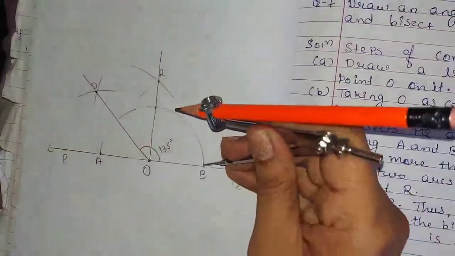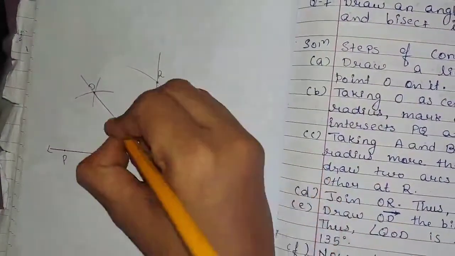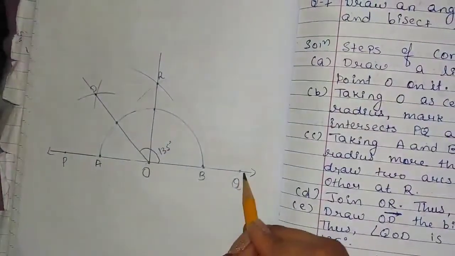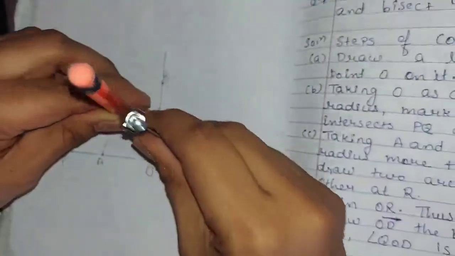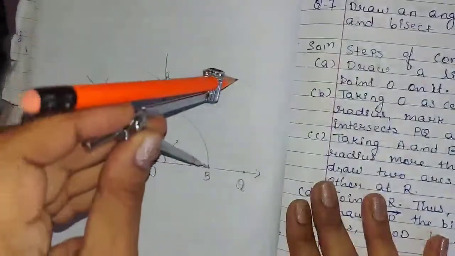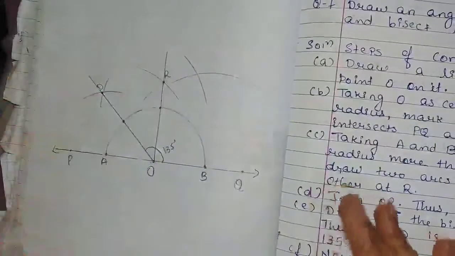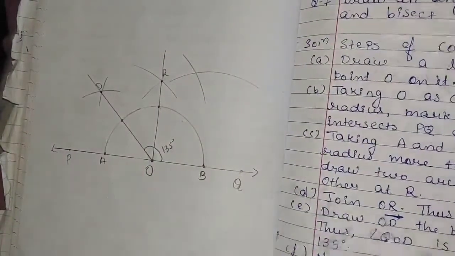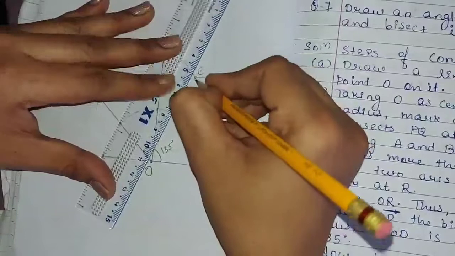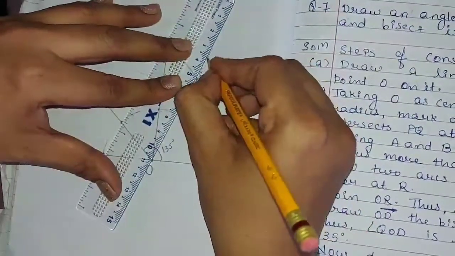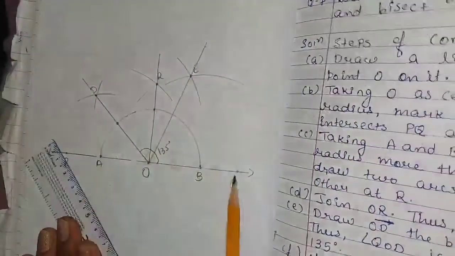To bisect 135 degrees, we have to take two steps. We have to take this arc and here this arc. Why? Because this entire angle is 135 degrees. So we will take the distance of these two arcs. Let us take more than half radius. With B as a center, we will mark one arc, and here with this center, we will mark another arc. Now we have to join O with this intersecting point, let us call it E. So this OE is the bisector of this angle QOD.